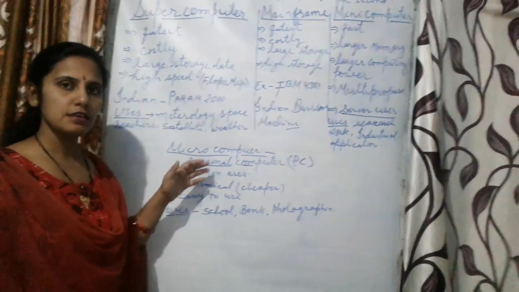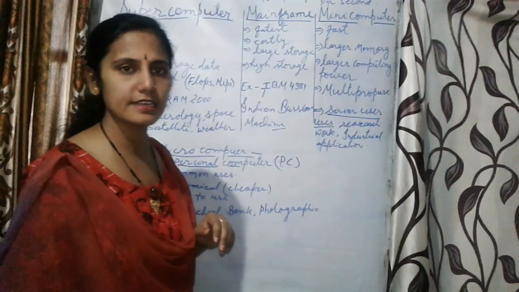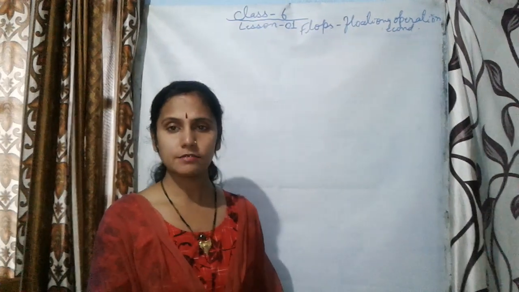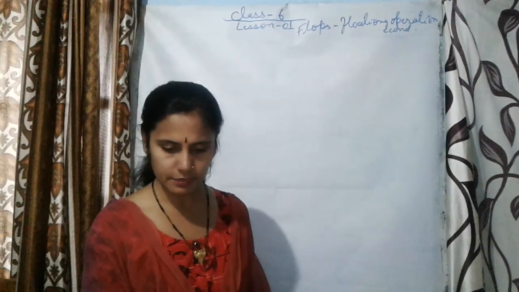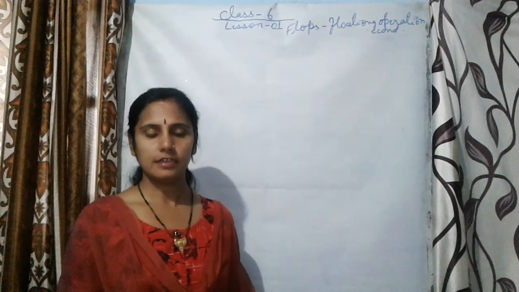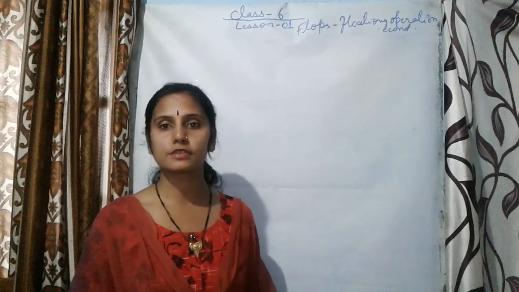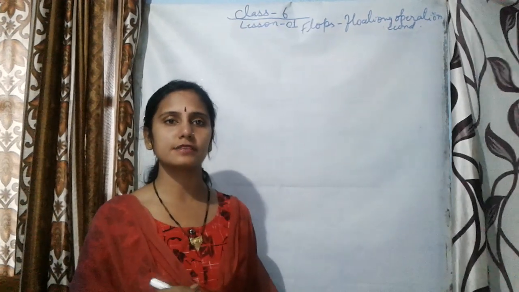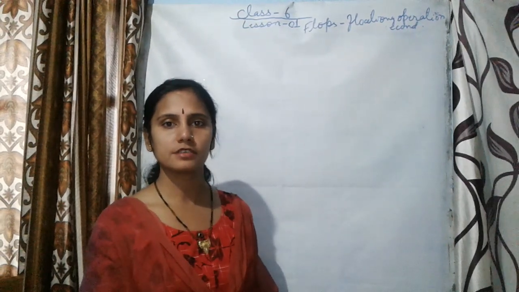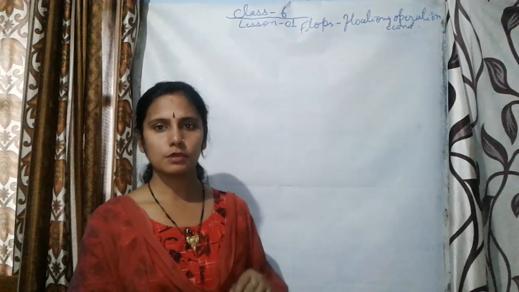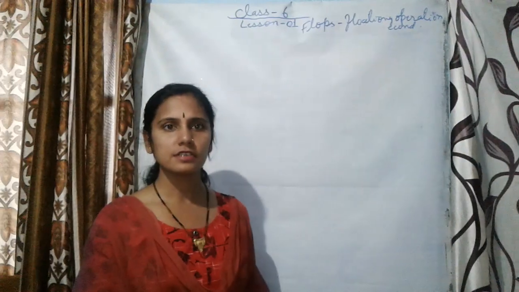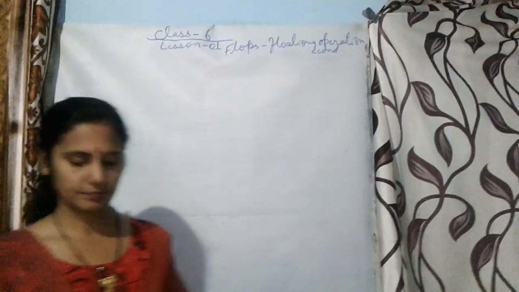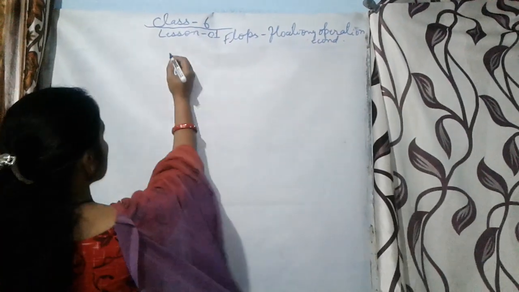So next we will move on to the next category, generation of the computer. So children, after the category of size, next we will see the computer language. That means this time we will see the different generations of language. So what are the different types of language? Let us see.